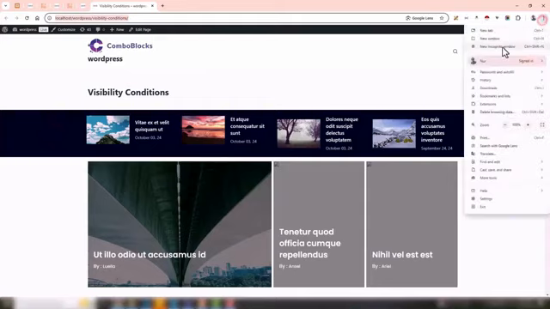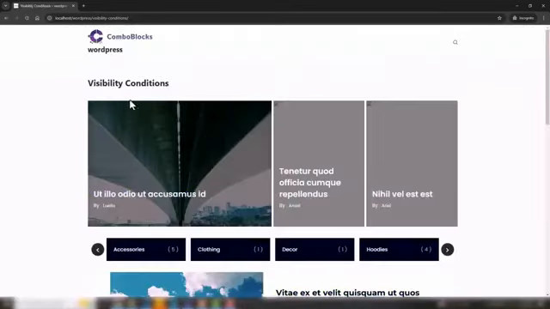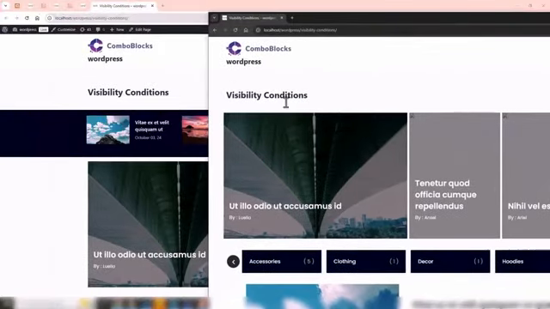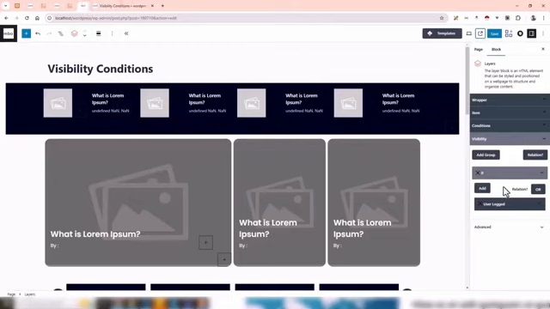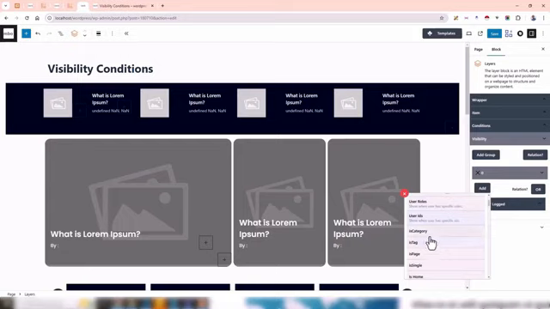So let's try loading it in an incognito tab, and you see the top block section is now gone as we are visiting without being logged in. So this is perfectly working in our visibility condition. This is not just a simple visibility condition. We have added 90 plus visibility conditions like user role, user ID, conditional page, tag,